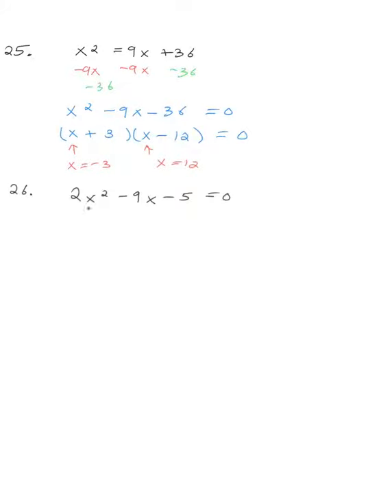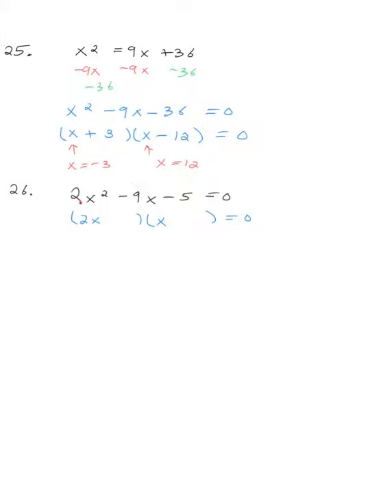The second, you no longer have just an x, but like a 2x squared. It makes guessing a little bit more difficult. If you're trying to guess the factors, if it's going to work out nicely, it's got to be like 2x and x. And we want to choose something where it would multiply to a negative 5, yet add to a negative 9. But this 2 here is going to cause some issues. We could go case by case, but I'm thinking